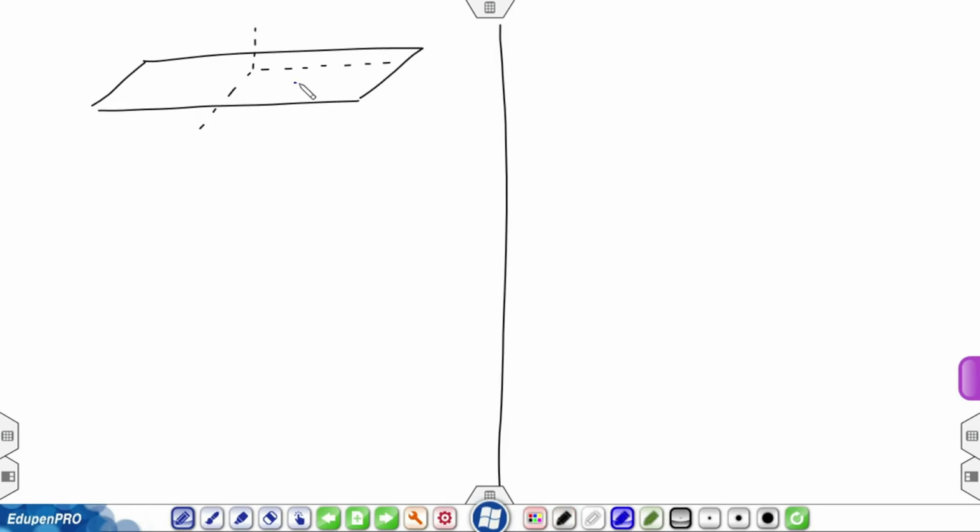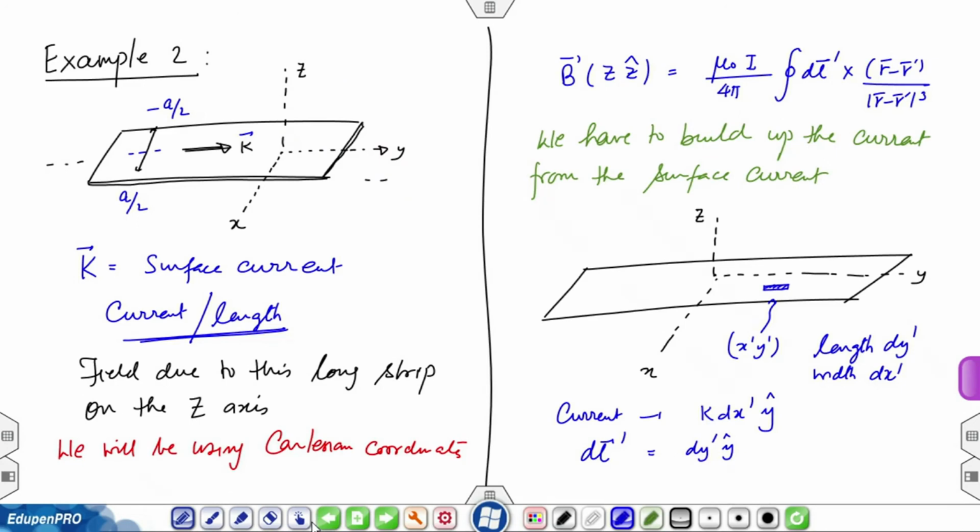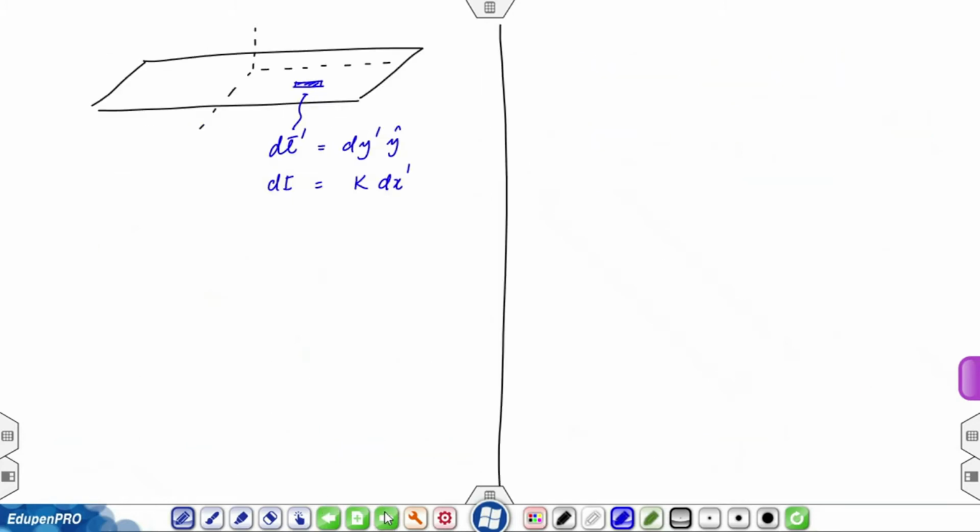I have taken a small strip here, dl prime equals dy prime y, current dI is equal to k dx prime. I used a y vector in dl prime, but that does not really matter, because I have to take this vector only at one point. So, I am writing it as a scalar quantity, and therefore, B